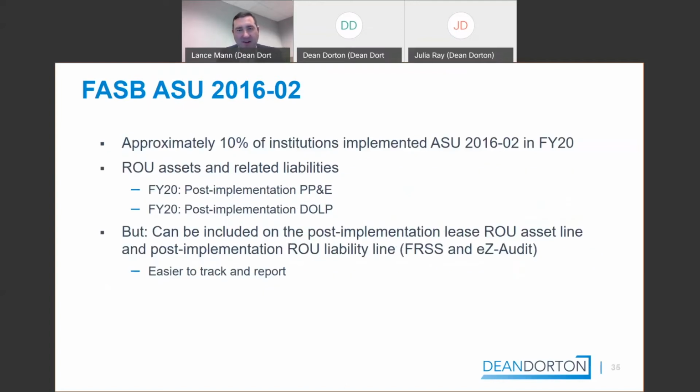We've gotten the statistic that about 10% of institutions implemented the new leasing standard. I think that's high based on our client base. But as I mentioned before, the right-of-use assets would be in the pre and post PP&E and debt obtained for long-term purposes. But I think you can separate them out from PP&E and debt if you want to when you do your schedule. Maybe easier to track that way.